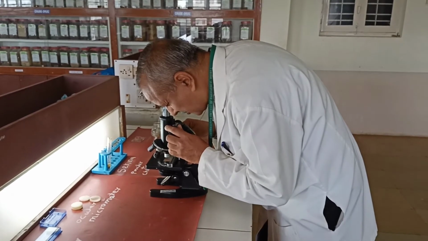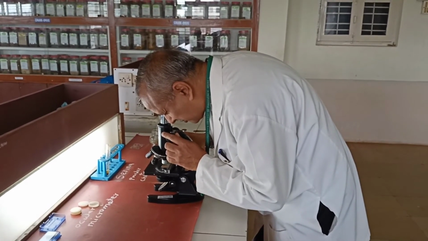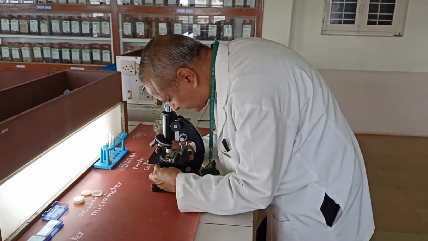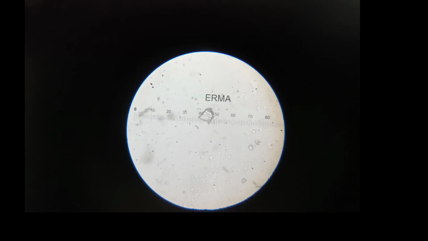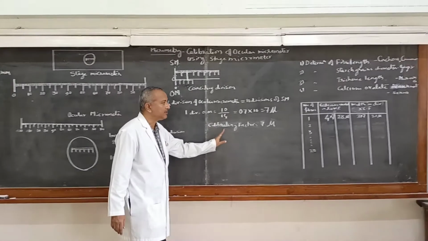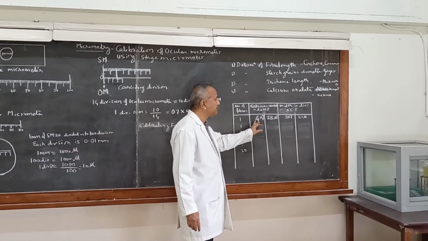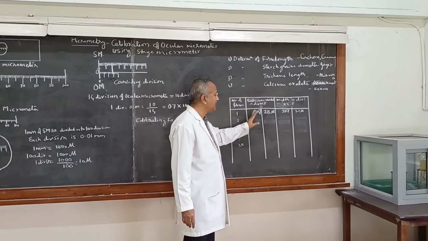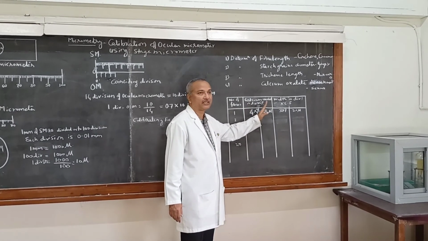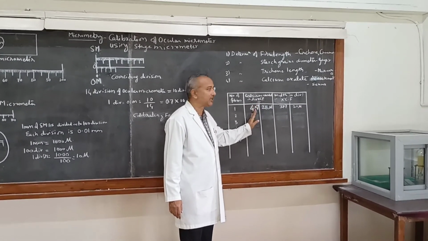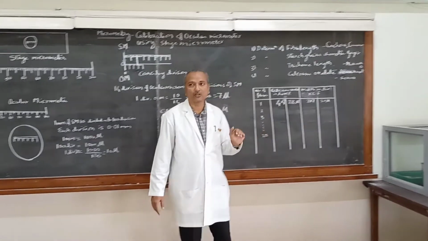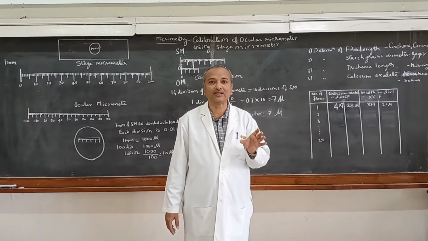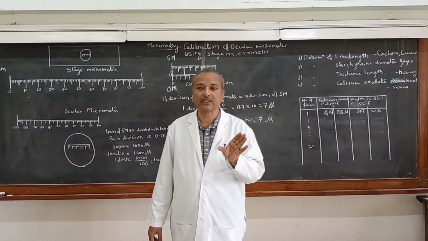These calcium crystals will be transparent in nature, and the prisms can be seen in Senna powder. The value is to be multiplied with the number of divisions of the calcium oxalate crystals. In case of Senna, we get the length and width of the prism shaped calcium crystals, and in case of squill also we can go for the calcium crystals, which are acicular raphides. That is, the needle shaped calcium crystals you can observe in squill.